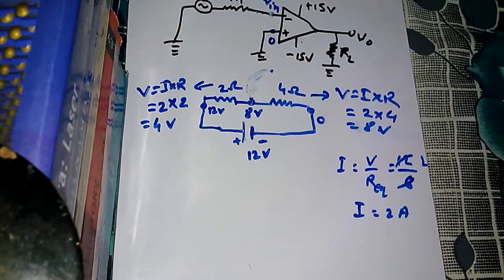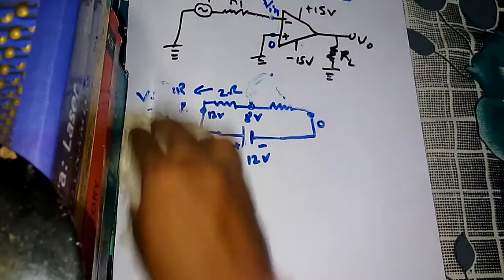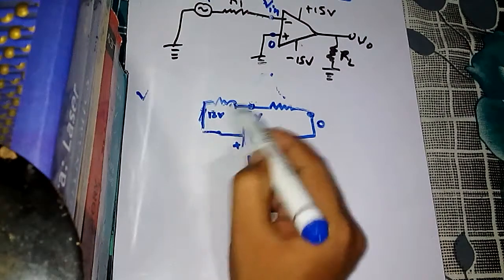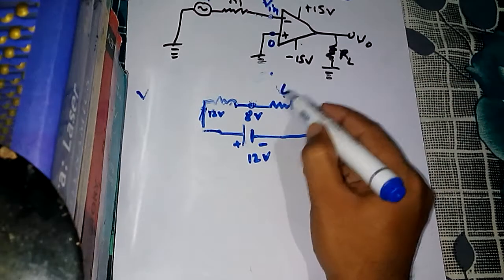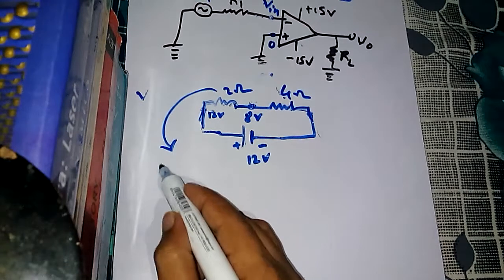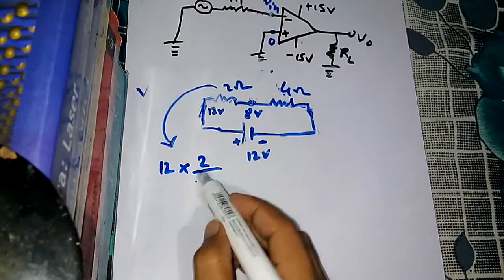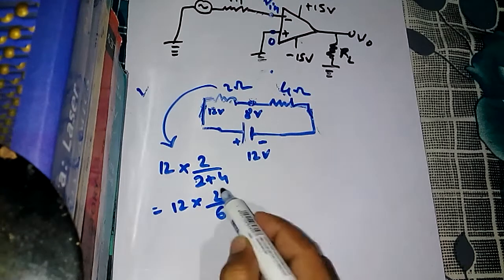Okay. Now you must be aware of a formula, that voltage drop can also be given by a different formula I am talking about. The voltage drop at this point is 12 into 2 by 2 plus 4. That means 12 into 2 by 6,